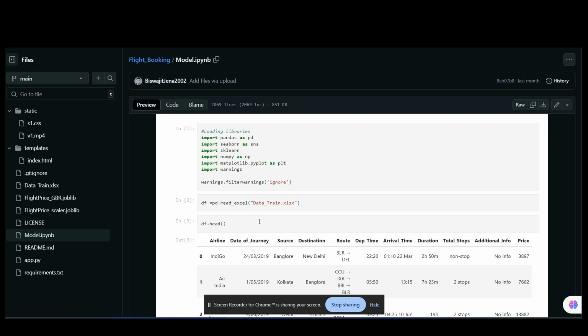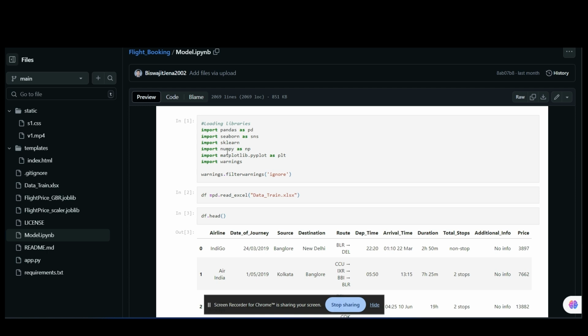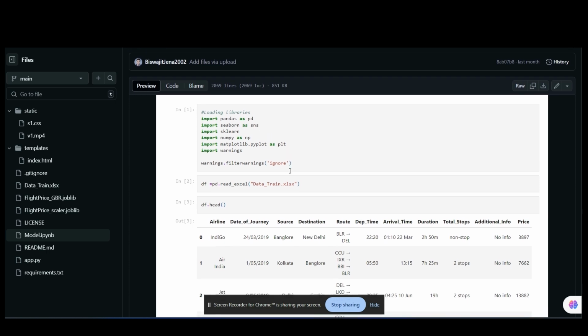In pre-processing, I have handled the missing values, encoded the categorical variables, and scaled the numerical data. I have also done model building, trained various models and evaluated their performance, and I have saved my model in a joblib file. First of all, I imported all the important libraries needed for this